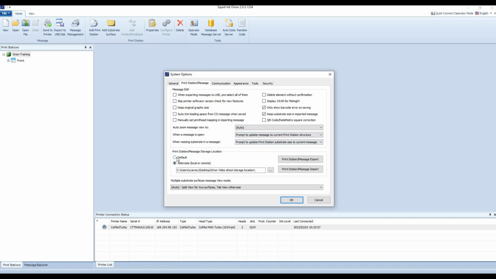The important part here is this right here, these print station / message storage location. For our training sequence here in these videos, we turned the default location, which is going to be on the C drive of your local PC. If it's set to default, it'll be under the Squid Ink folder, and you'll see an Orion folder in there, and that's where everything would normally save. But if you're in a situation where